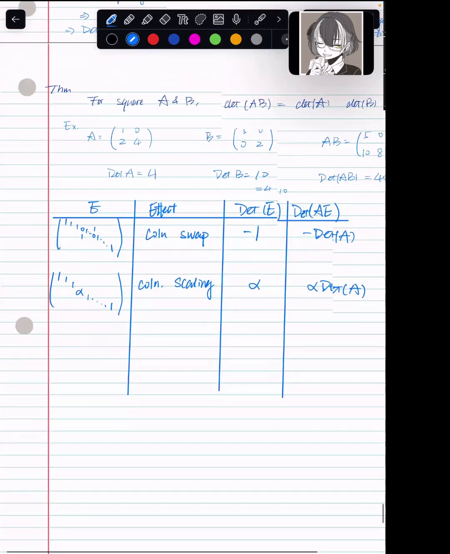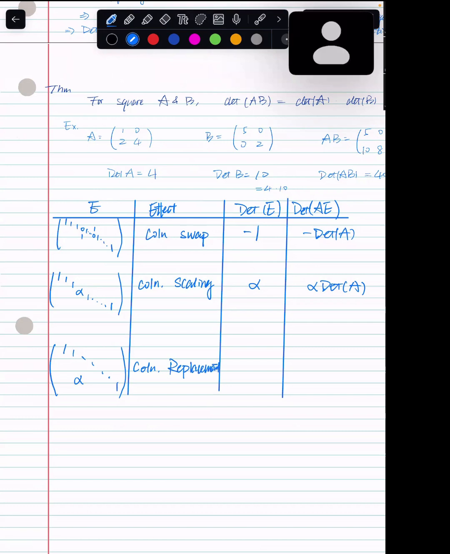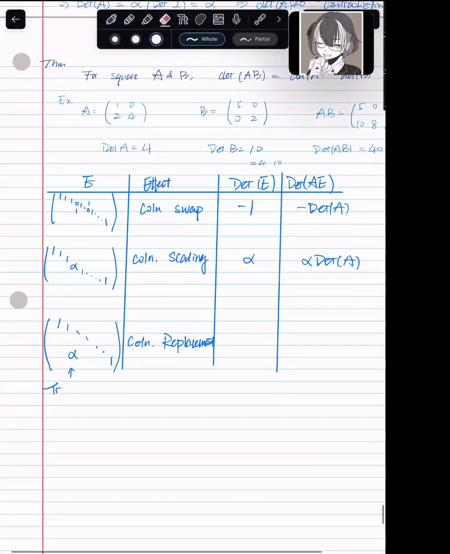All right, the last one, we have column replacement. We have a matrix from an identity matrix, but at the ith row and jth column, we have an alpha. So this is the column replacement. In this case, we know that this is triangular. If alpha is on the bottom, then it's lower triangular. If it's on the top,